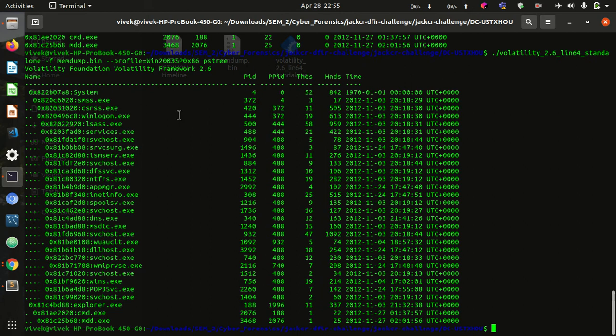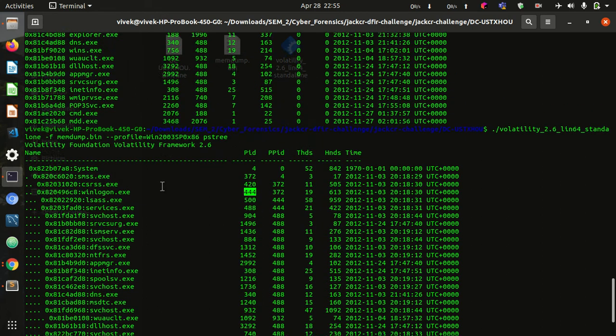And for the third process, this is the process ID, and 372 is the parent process ID. So 372 and 372, both are for the second process. And likewise for the 3 dots, we can see this is the parent process ID 444, and this is the parent. So likewise we can check which are the parent processes and which are the child processes.